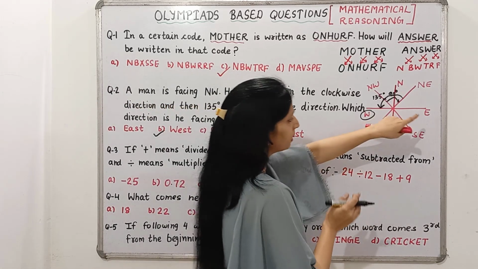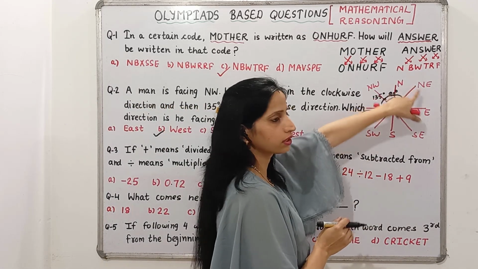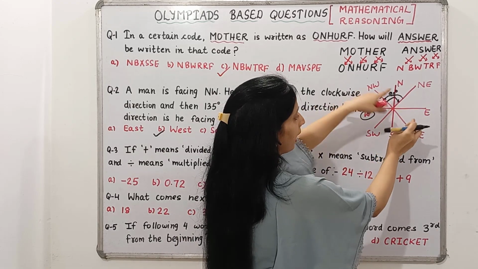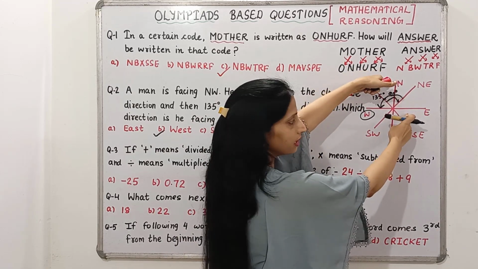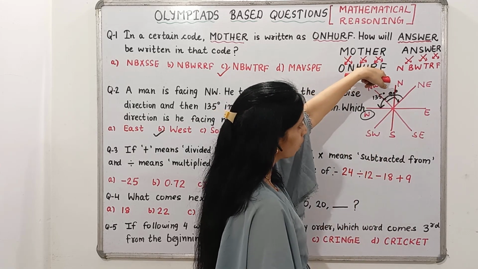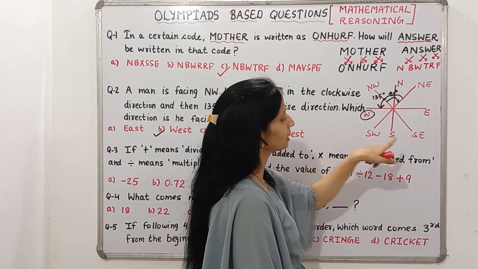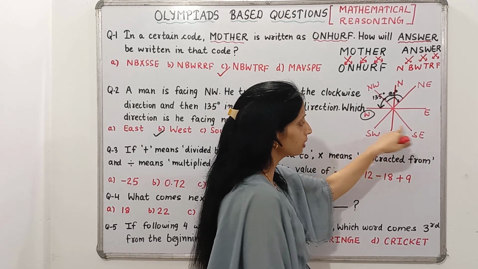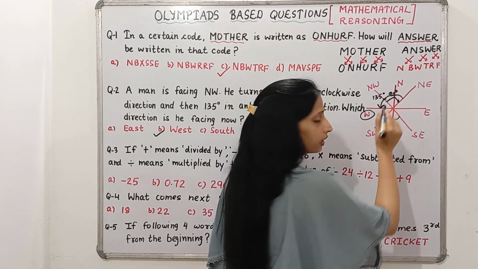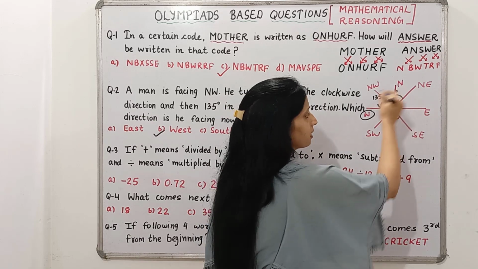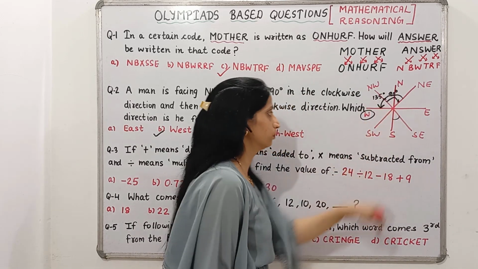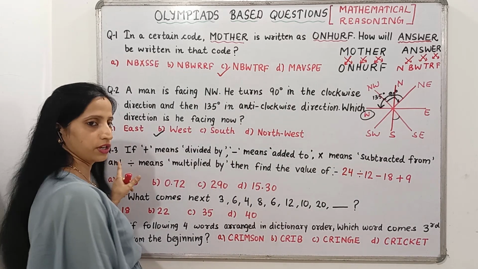Okay. So what will be the angle between east and northeast? This will always be 45. Okay. And the angle between two main directions, north and east, 90. Angle between north and west, 90. Angle between west and south, 90. Angle between south and southeast, 45. Okay, and this whole is complete angle or 360 degree angle. Now, third question.